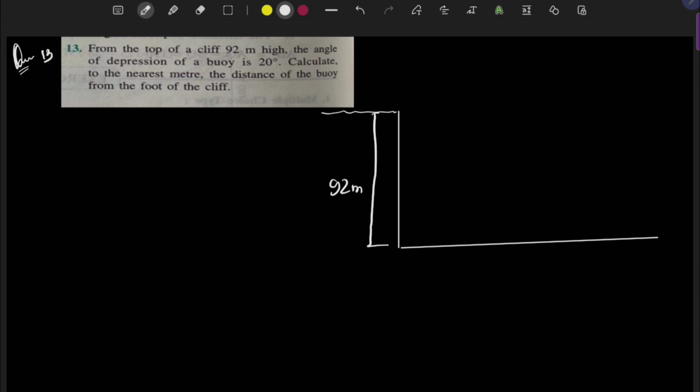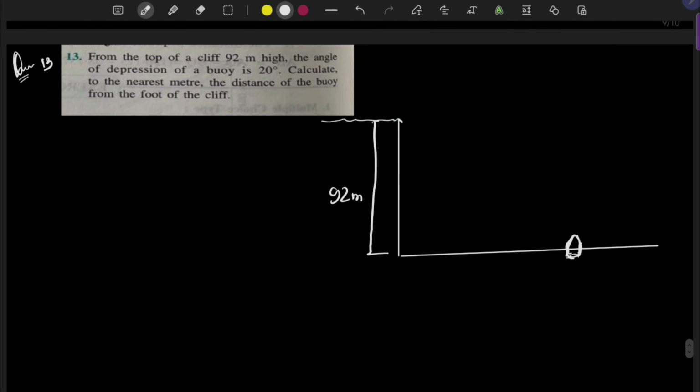The angle of depression of a buoy. Now what is this buoy? That same life buoy. So this buoy means like some floating object will be there in the seas, to warn ships and all that ahead this shallow area is there, like depth is not there, so maybe your ship and all get stuck over there. So the angle of depression means that person is seeing this one. So from the line of sight हम हमेशा निकालते हैं angle of depression. So this angle of depression is 20 degree is given.